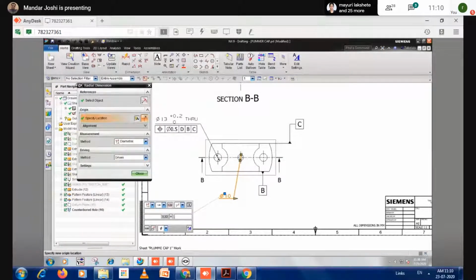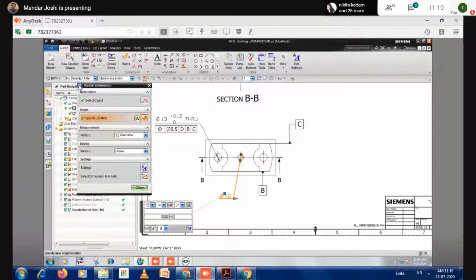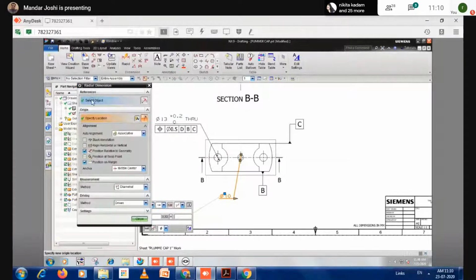go to this gear option, ensure that all options are on. Do not use the less option, otherwise you will not get all the options. So I'm taking this radial dimension more option. Here you have to define the other properties.